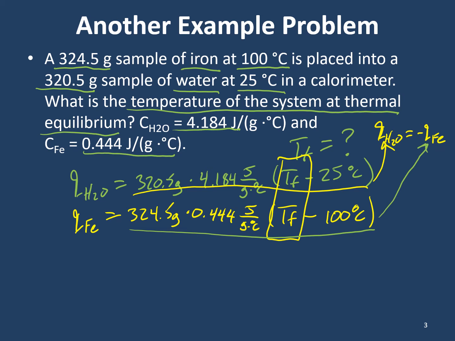Now if I do that, I can solve because I only have one unknown variable. So let's do it. We have 320.5 grams times 4.184 joules per gram degrees Celsius times T final minus 25 degrees Celsius is equal to negative